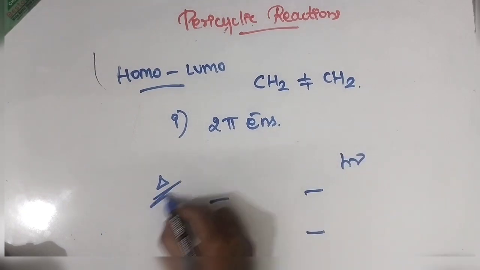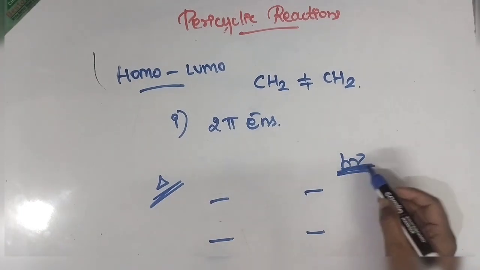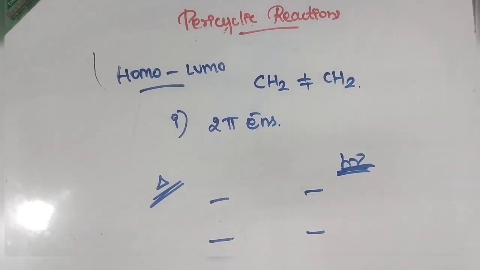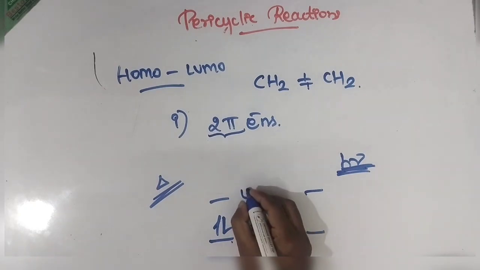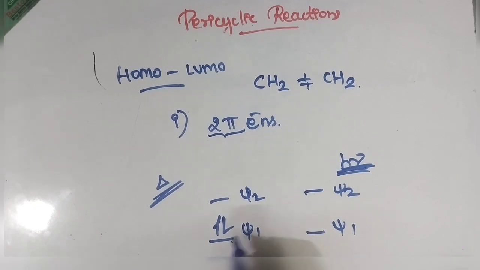What is this? It is heat. This is light. Okay, electrons will undergo excitation in presence of light. Whenever you see h nu, the electrons will get excited. See, the number of pi electrons is 2. Then draw these. One orbital can occupy 2 electrons, right? Hence,